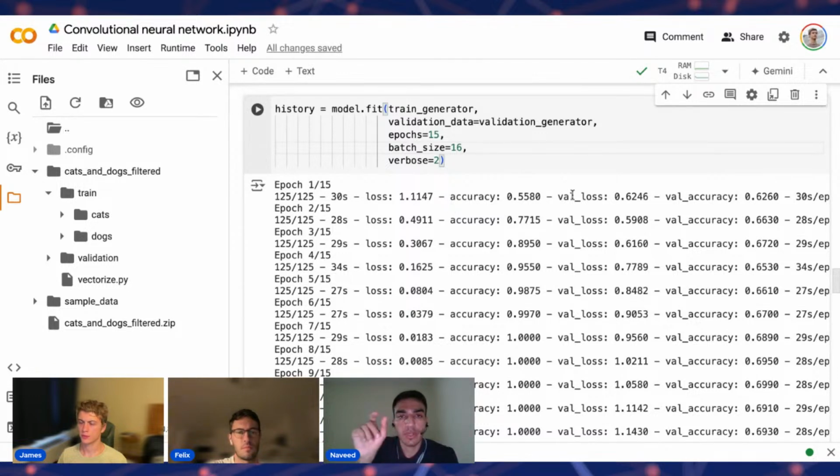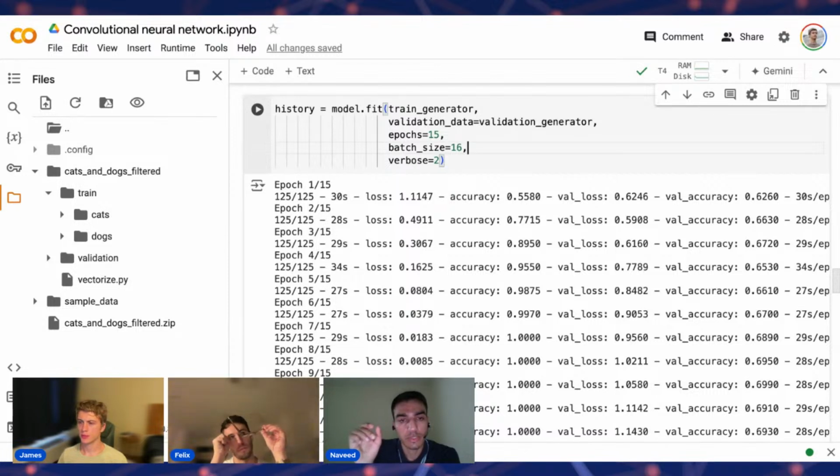So we run the model on 16 images, it creates an output, we compute the loss, and then we take the gradient of that loss and update the weights for 16 images at a time. Right. And we do this again and again. And because we are making use of GPUs, we can do this in parallel. So we can take our 2000 images, divide them into, let's say,